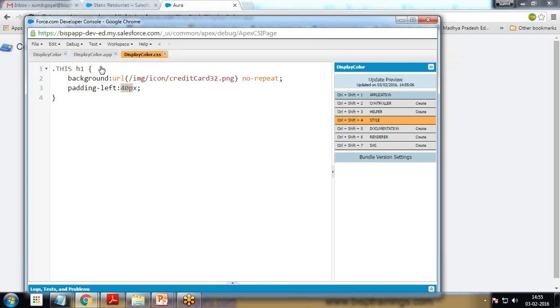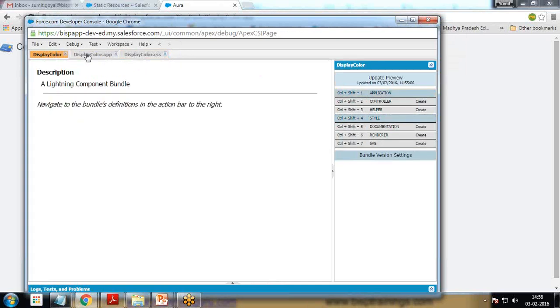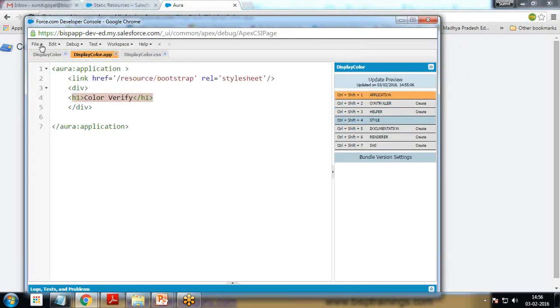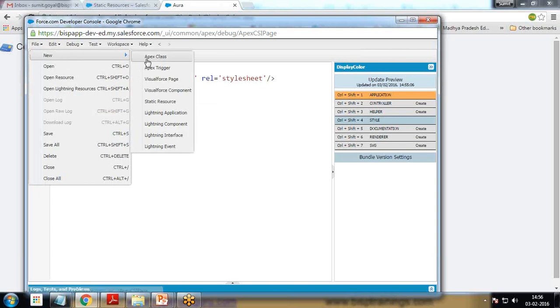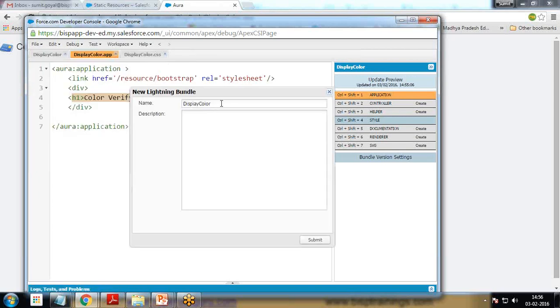So we have created one application. Now within this application, we need to create a controller. We need to add a component first of all. So to add a component, I again click on file, click on new, and select lightning component. So I click on lightning component and